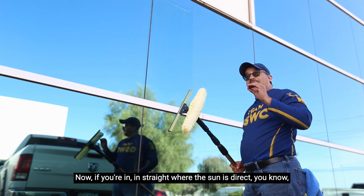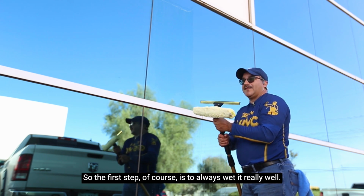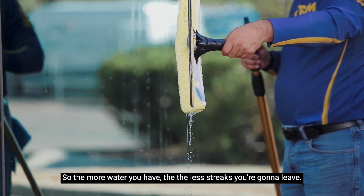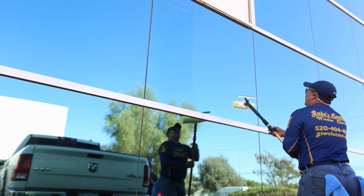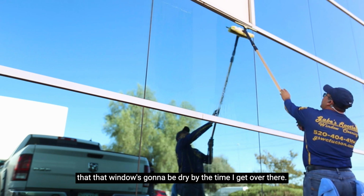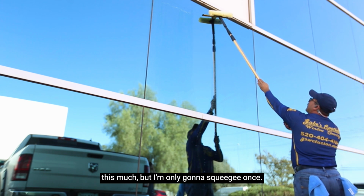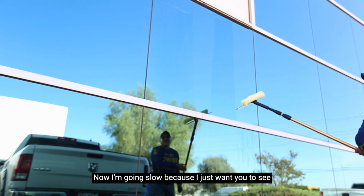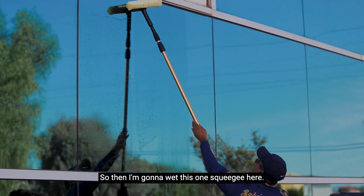Now, if you're where the sun is hitting directly, then you have to be a little faster. The first step, of course, is to always wet it really well. You just want to make sure it's nice and soaking like this. The more water you have, the fewer streaks you're going to leave. So when you're in direct heat, same thing, you want to wet, but I'm not going to wet the entire window, because that window is going to be dry by the time I get over there to squeegee. So I'll wet about this much, but I'm only going to come down once. So I'm coming down here. Now I'm going slow because I just want you to see the action, but normally I go a lot faster than this. Then I'm going to wet this one, squeegee here,